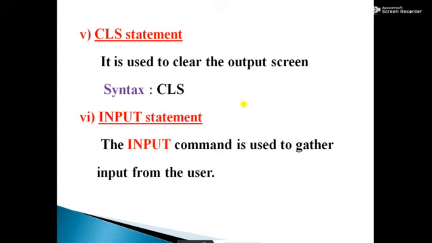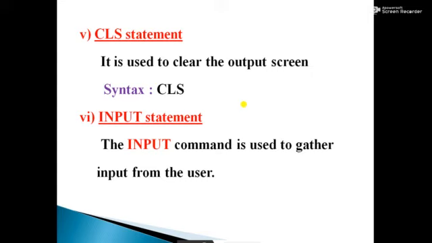If you use it in the middle, some problem will occur. Whatever statements you have given before the clear statement, everything will be cleared. So it is better to use clear screen in the first step in your program. Is it clear, student?